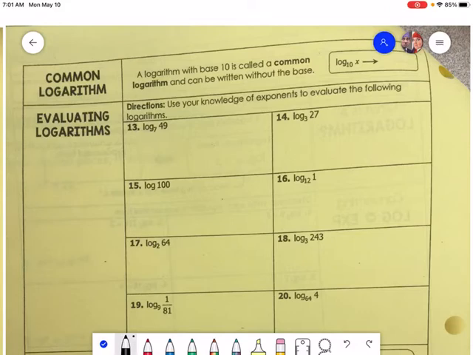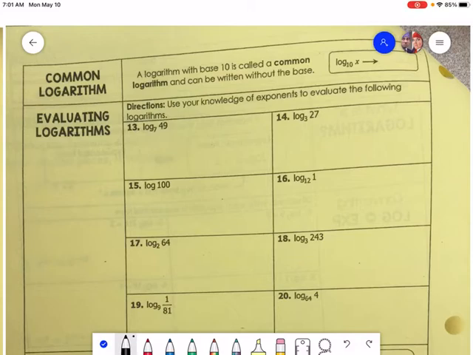All right, so now what we're going to do is evaluate logs, meaning we're going to use our handy-dandy calculators to tell us what these are. Before we do that, there's something called a common log. The common log, when you put this in your calculator, is log base 10. You won't see log base 10 on your calculator, you'll just see log, but know that that's log base 10. So log base 10 of x means log